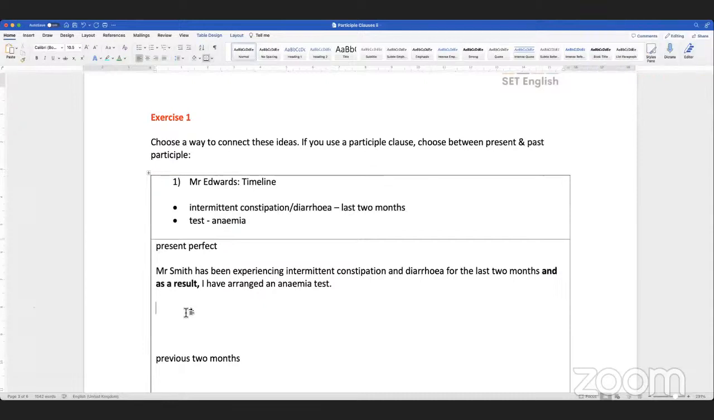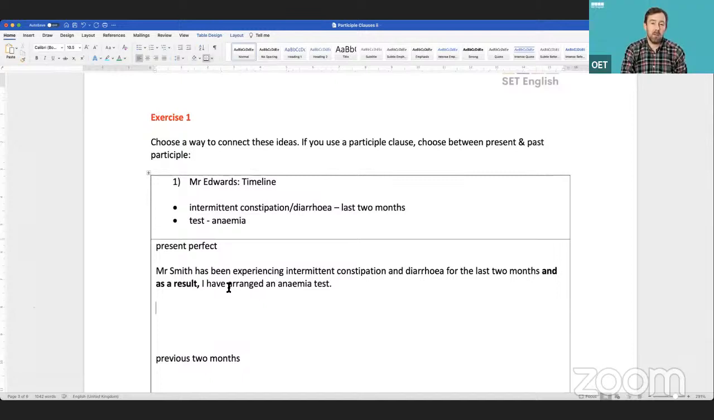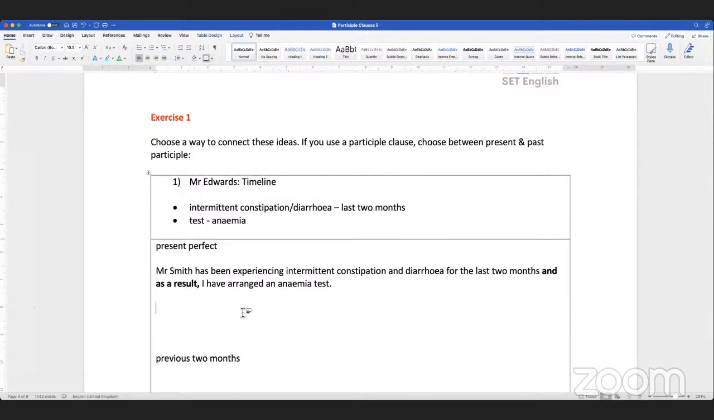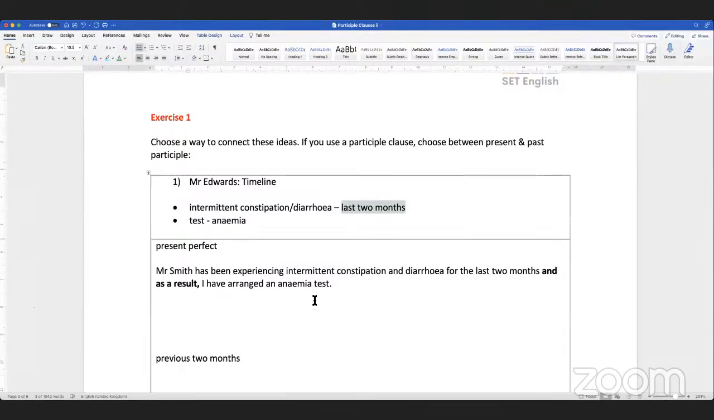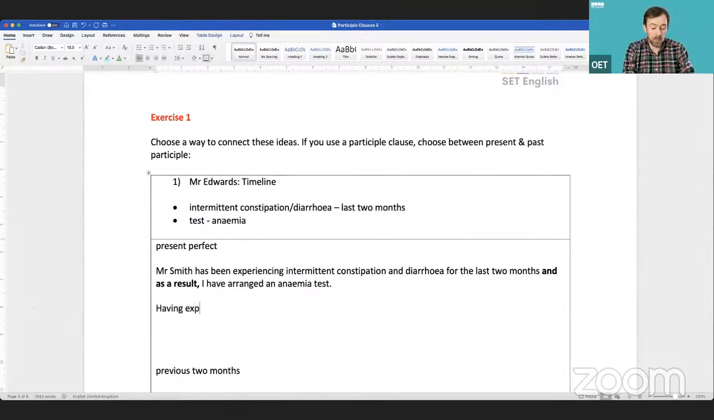Having. Okay, so did one happen before the other? Yeah, the constipation. That's the last 2 months, isn't it? So that is the past, and the anemia test is today, maybe. The anemia test is today. Okay, so that would be having experienced